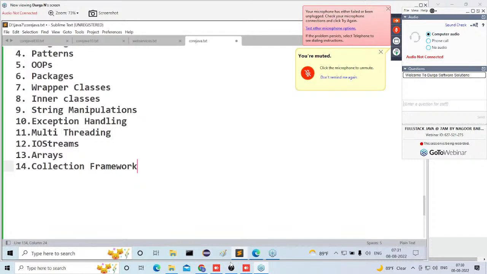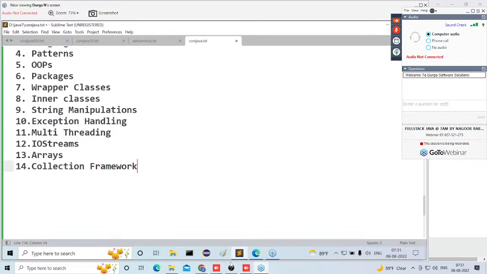Extra elements also. That flexibility we are getting. That is one point. Then another thing: the predefined library support is very, very less in the case of arrays to perform searching and sorting operations. There we have to write the logic. But in the case of the collection framework, some methods are predefined. Every collection is a class where predefined methods exist, where we can perform search and sorting operations in a more comfortable way. There also we get flexibility.